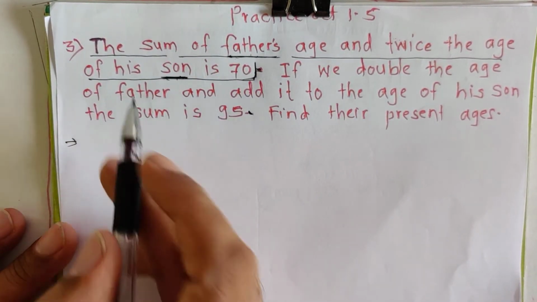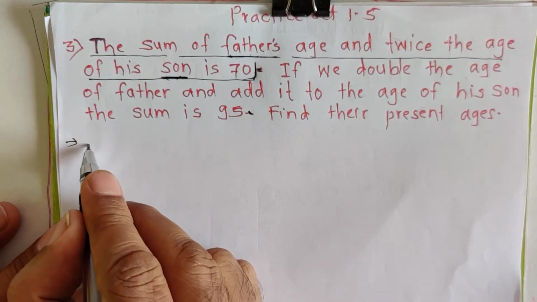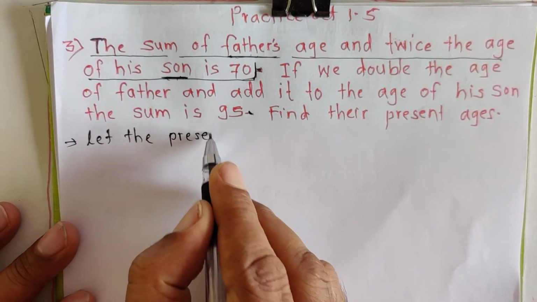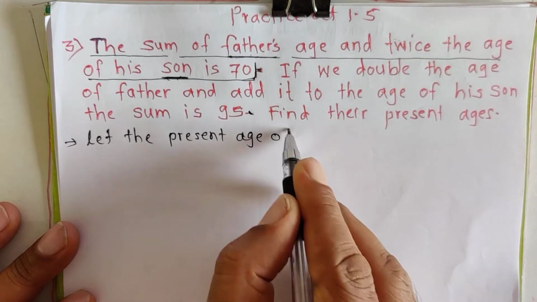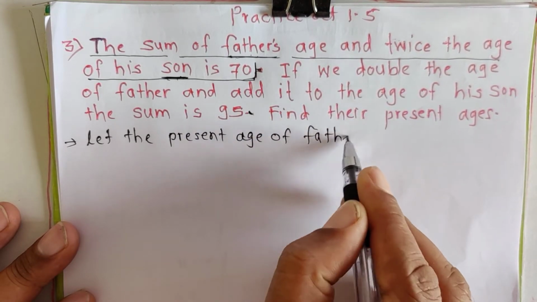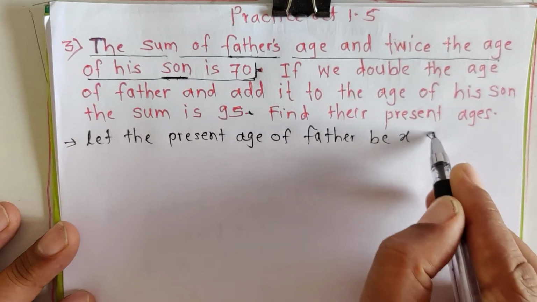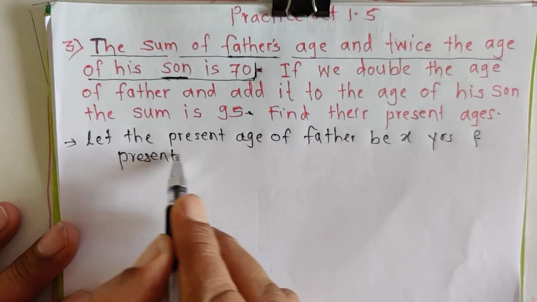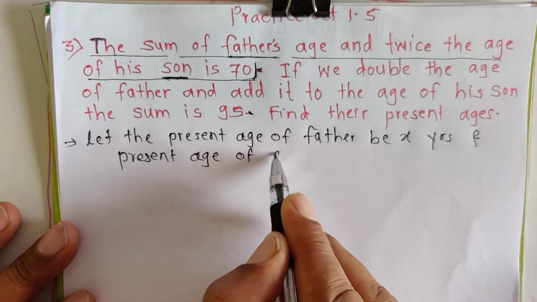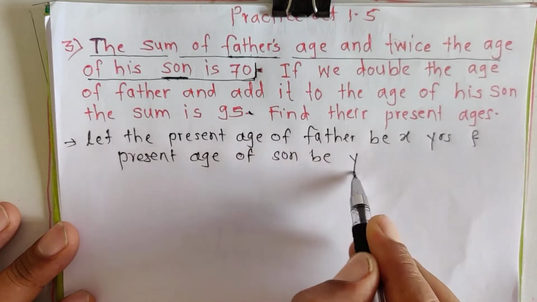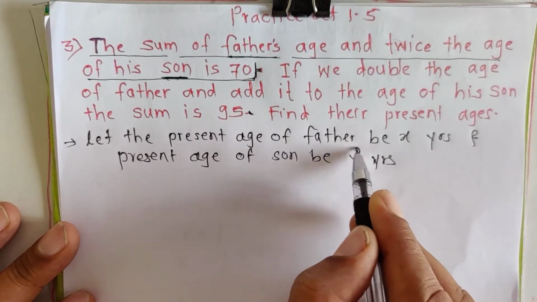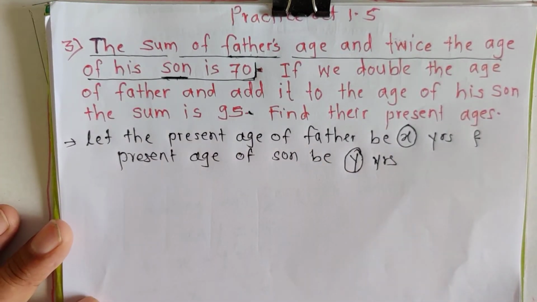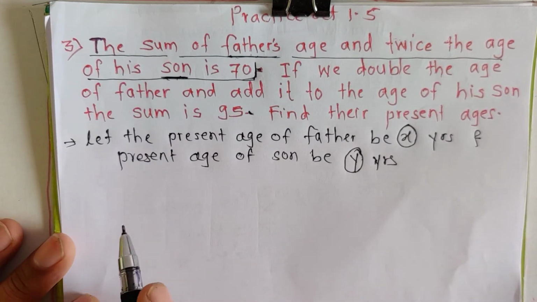So according to that condition, first we have to consider two variables. Let the present age of father be x years and present age of son be y years. So here the father's age is x and son's age is y. Now according to the first condition,